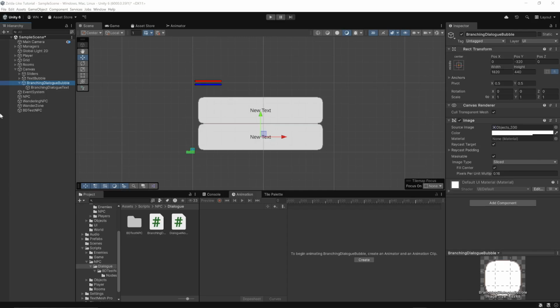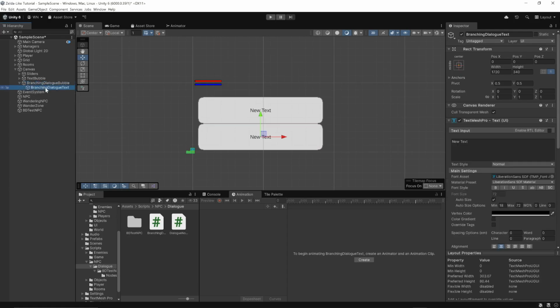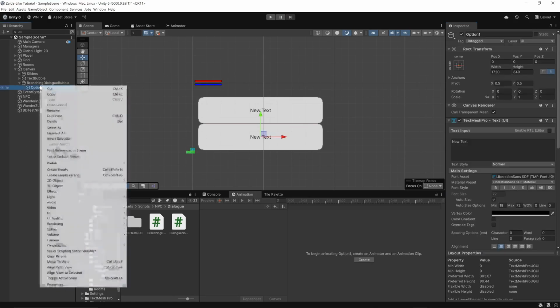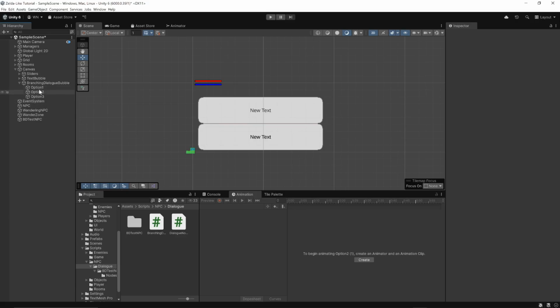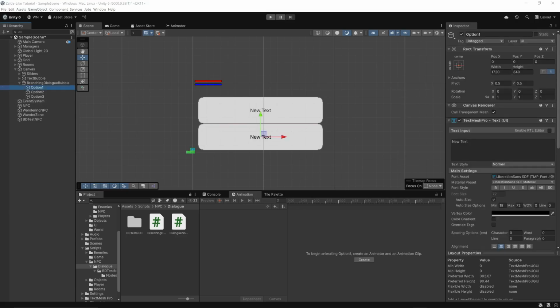In branching dialogue, we're going to take the branching dialogue text and rename that option 1. We are going to duplicate that, rename that option 2, and duplicate that, and option 3. And again, you can manually move these into position, or you could do what I did, which,